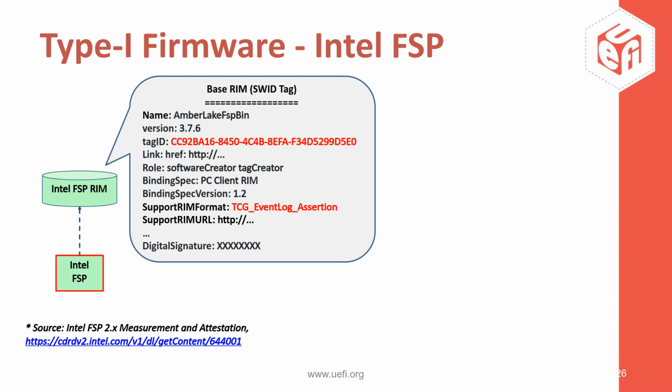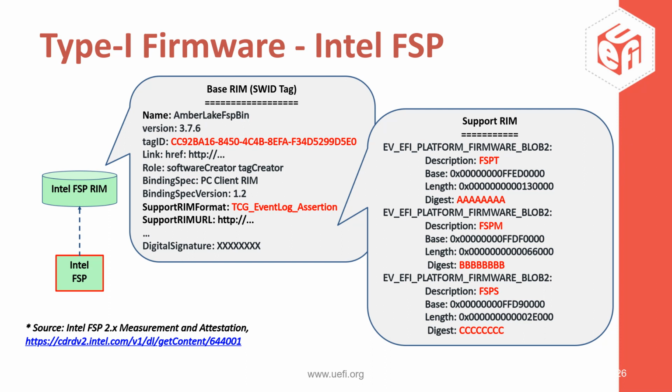And so the idea here is to essentially have a base RIM that describes this overall object called the FSP. It can give you the format type, a unique tag ID, and then if you'll notice the name here is for a client FSP, the Amber Lake